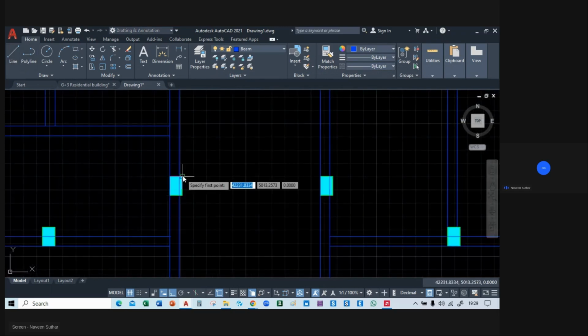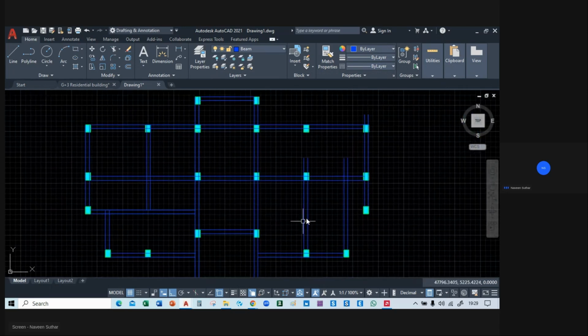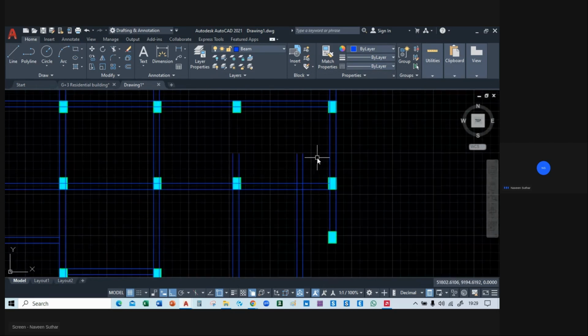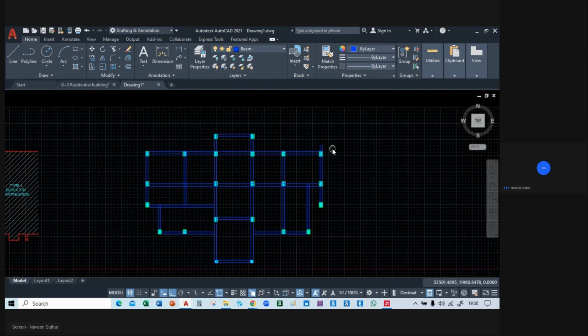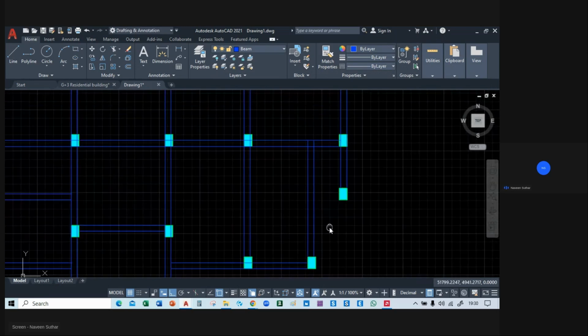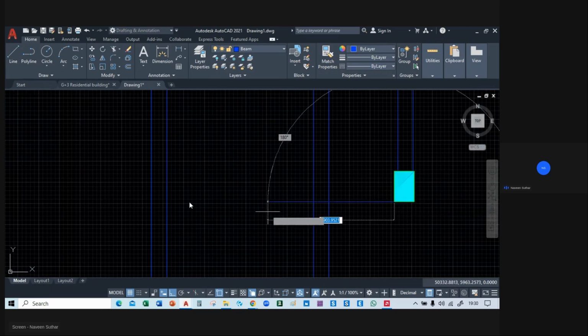Simply select the line like this. Okay, and you can copy the line like this. Okay, you can trim this from here and you can extend the line. Okay, and you can trim the line from here. Okay, and I think the line should be like this,